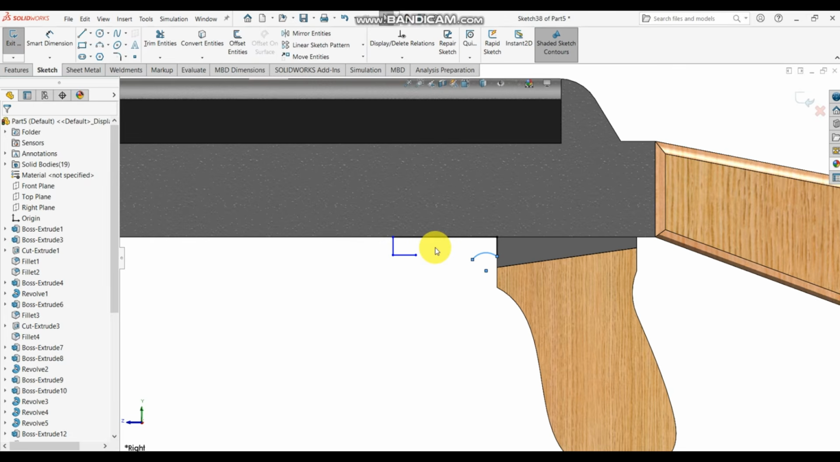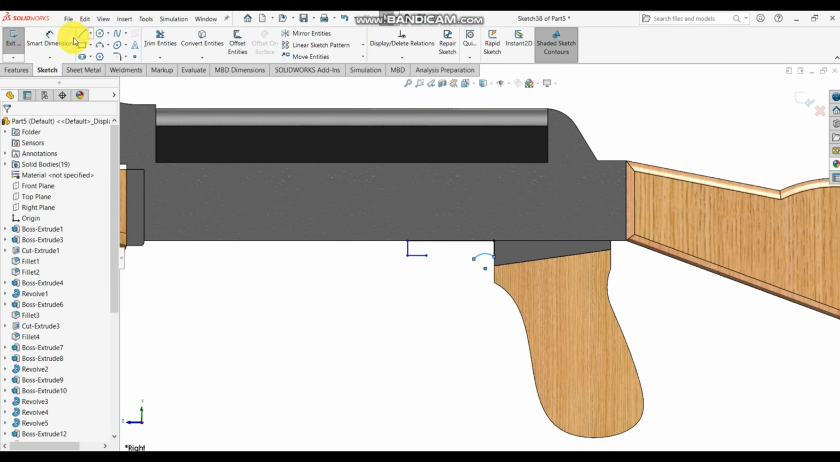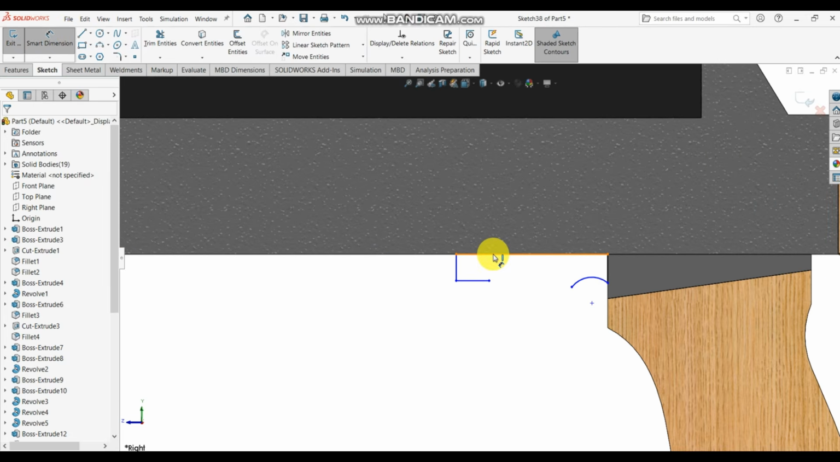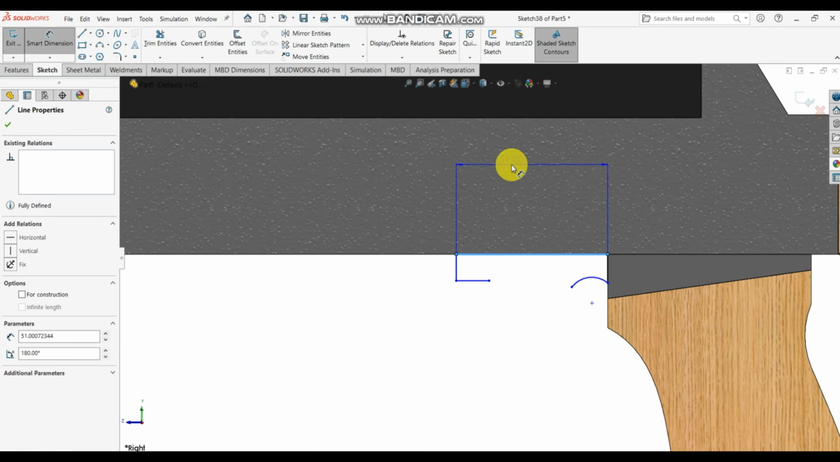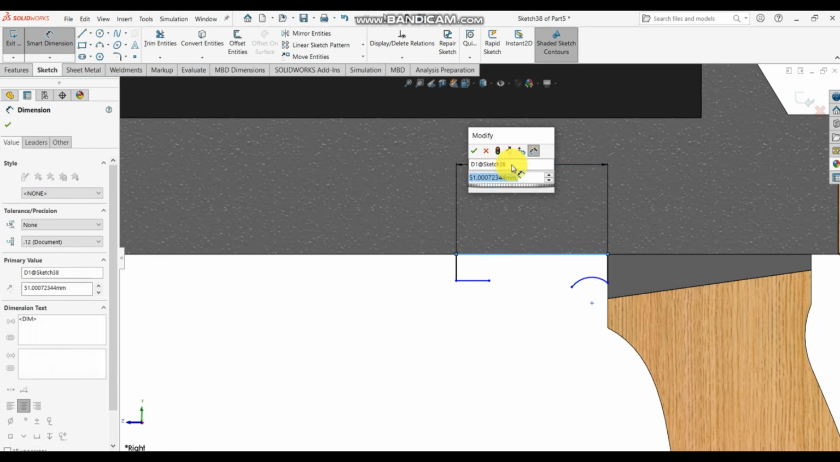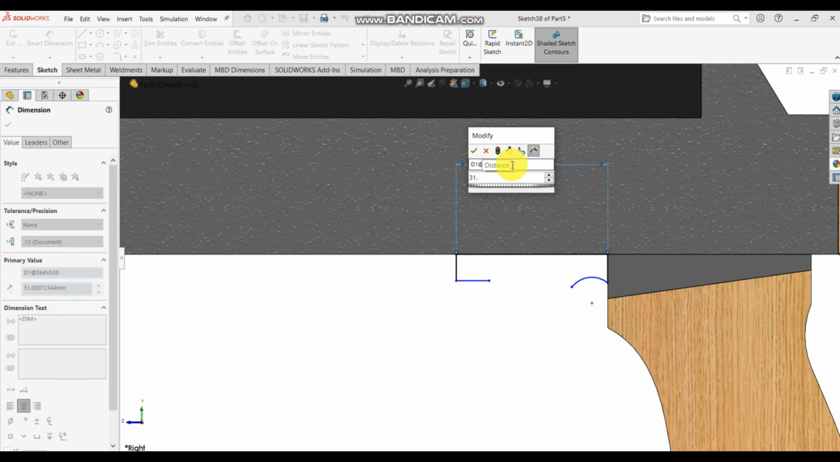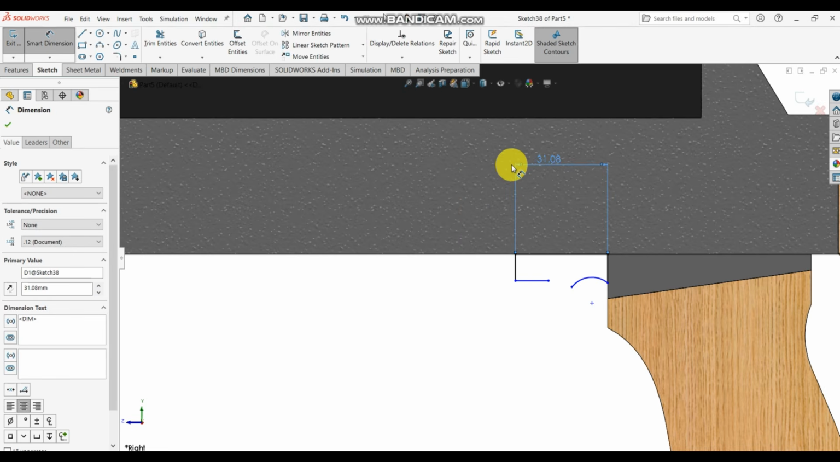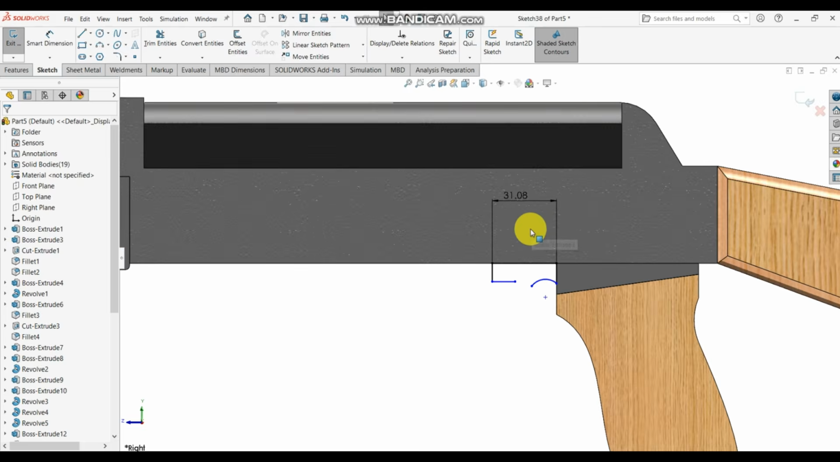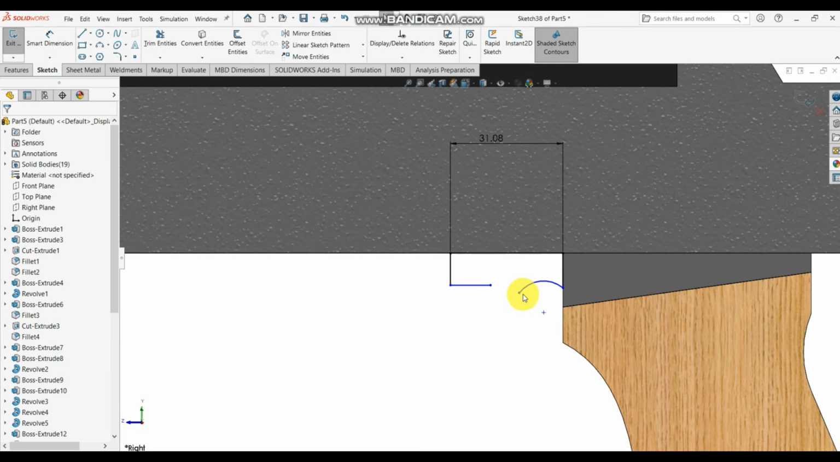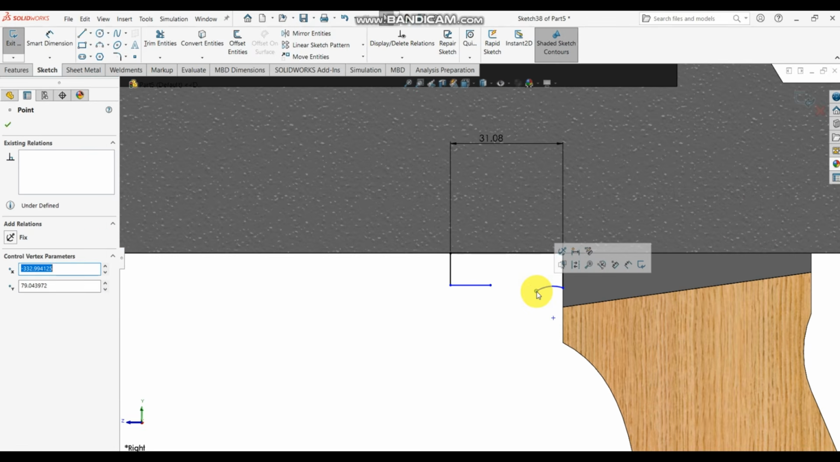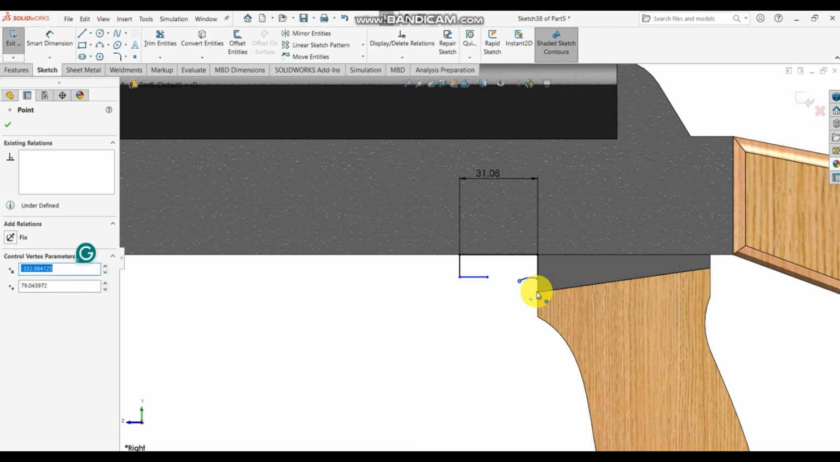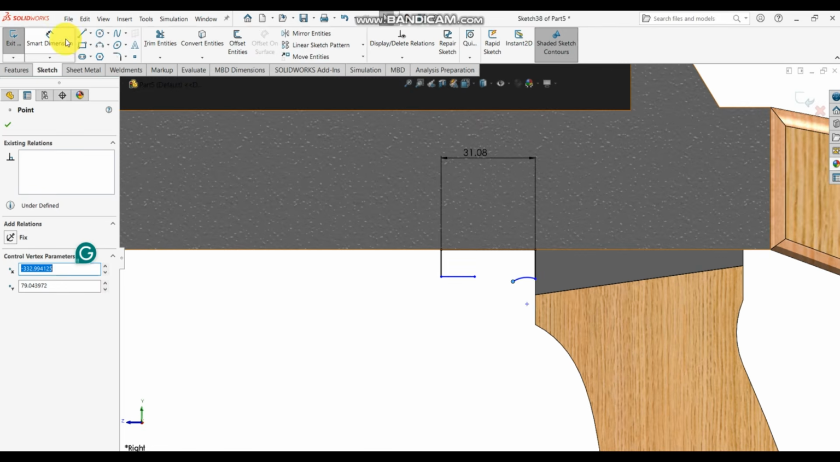Then let me dimension this. Let me dimension some parts also. So this I'm going to dimension 31.08, and that's the longest. So every other person is going to fit in place, like adjust. So you come to dimension